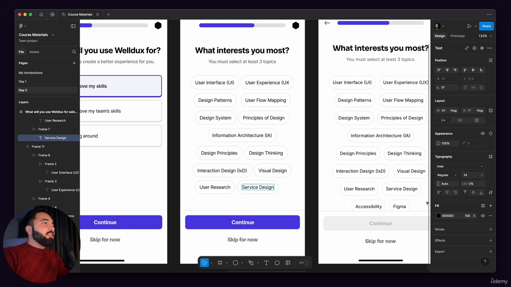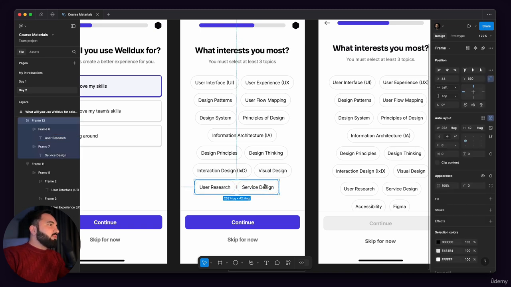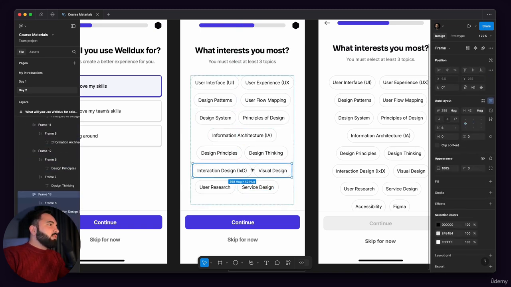I will not paste Figma because Figma is the best, so I will just copy it, okay, and